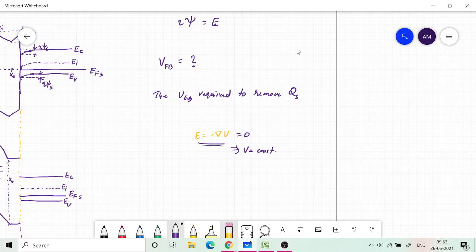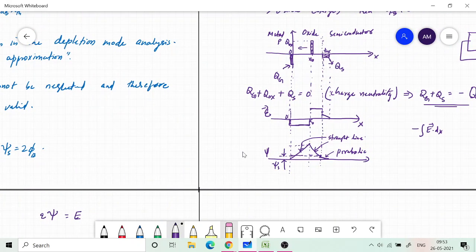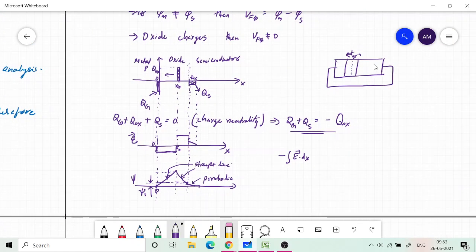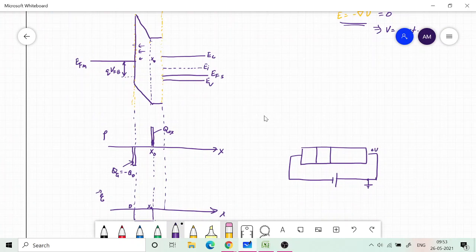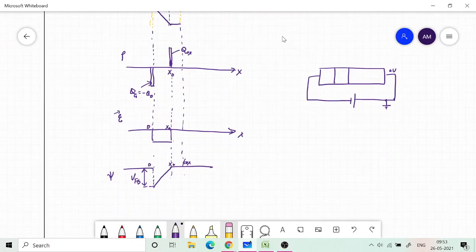If you look at here, this is my 0 point and this is my other side. So it is the same potential. That means I have applied 0 voltage like this. Okay, I just short circuited it. It's a 0 voltage. But right now what is happening is I have applied a negative voltage. Okay, so a negative terminal is coming to the metal, and then the reference is in the semiconductor. So there I kept 0 because I have taken this as reference. So on the other side I will have a negative voltage which is equal to the flat band voltage.